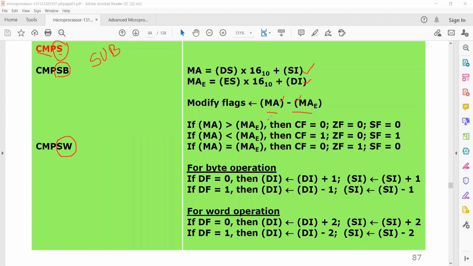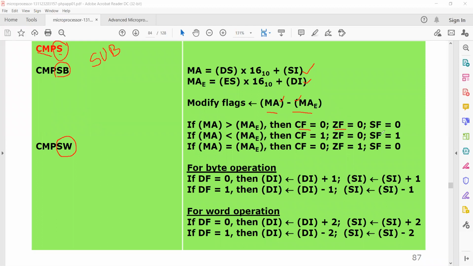We are not bothered about the subtraction result. Only the affected flag values will be taken: the carry flag, zero flag, and sign flag will be taken into consideration.